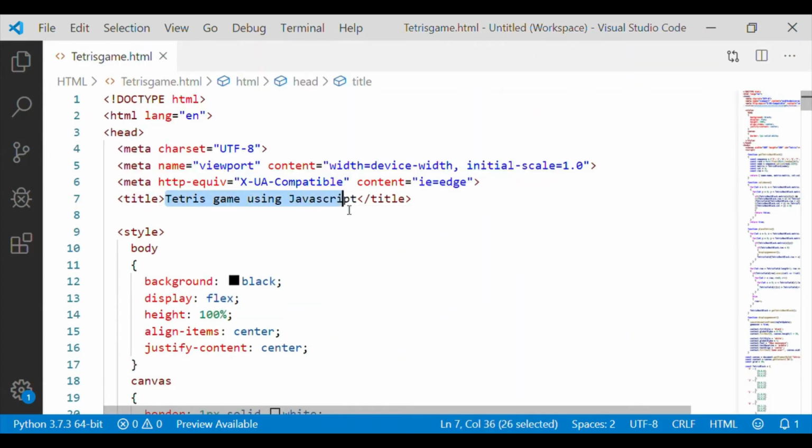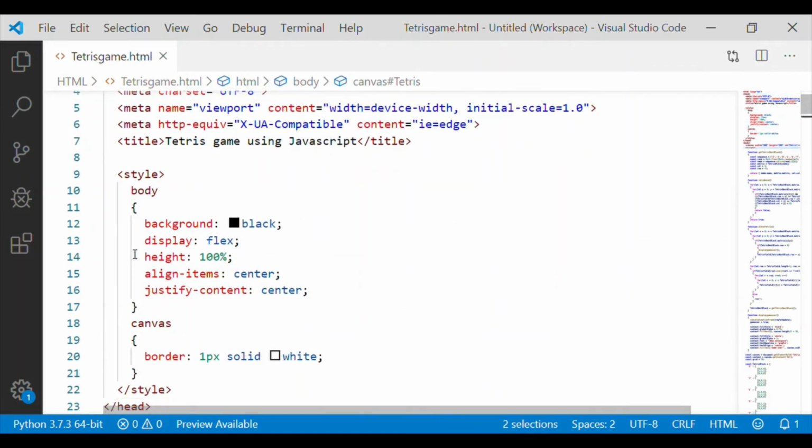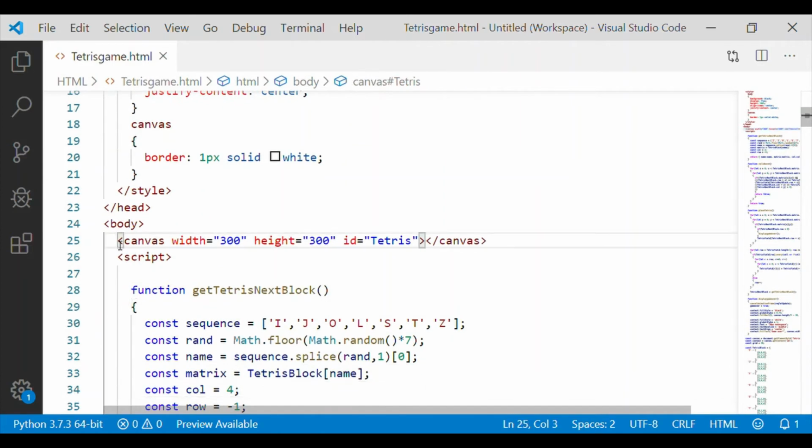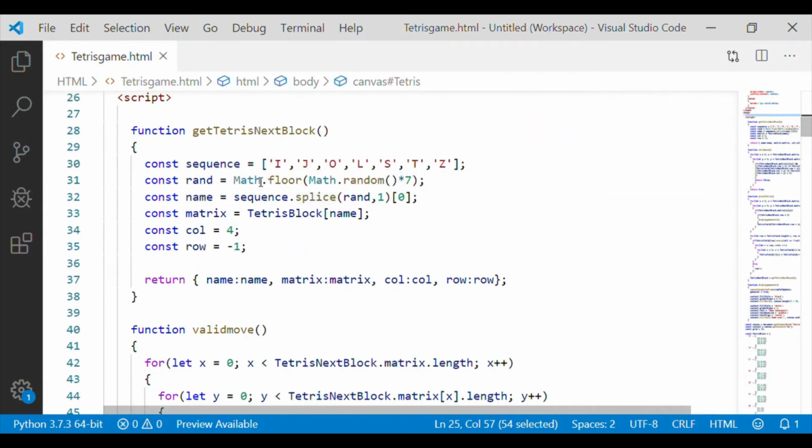Let me walk through the Tetris code completely. We have given the style for the body and the canvas with a border of 1 pixel solid white. We have created a canvas of 300 by 300 with ID Tetris. The first function is get Tetris next block, which gives the random sequence of Tetris blocks generated, and it returns the object consisting of name, matrix, column and row for the current Tetris block.